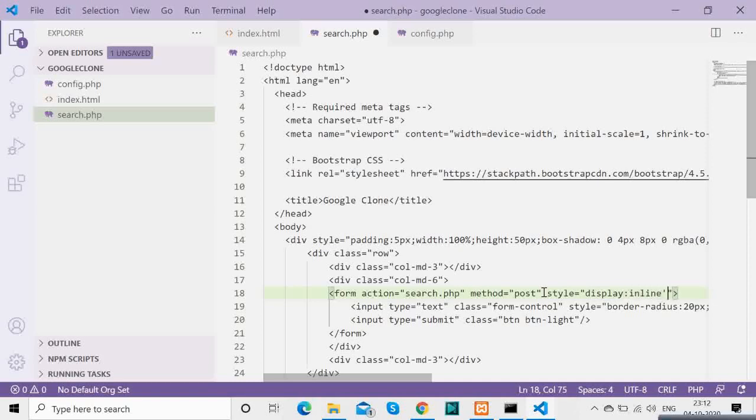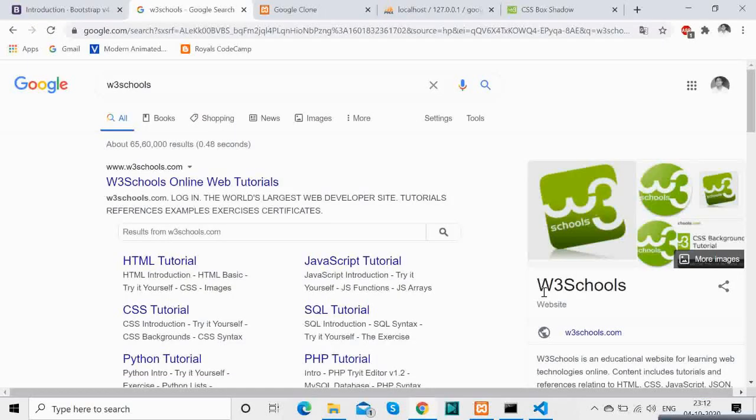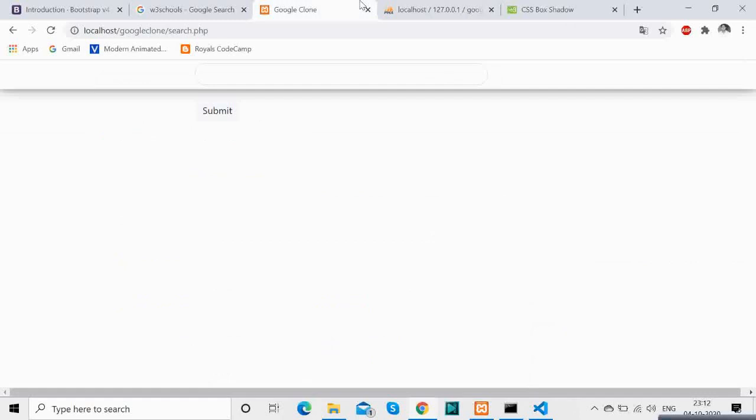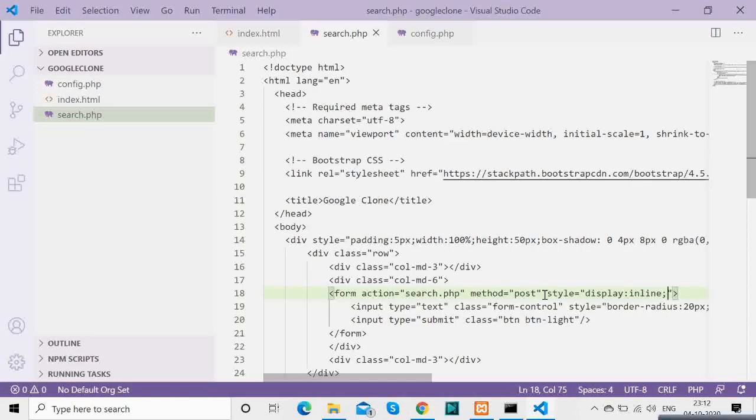Since we have this in search.php, once this form is submitted, it will again come to search.php. The logic is over here, and once the form is submitted, it will come back to this page itself and the result will get displayed.